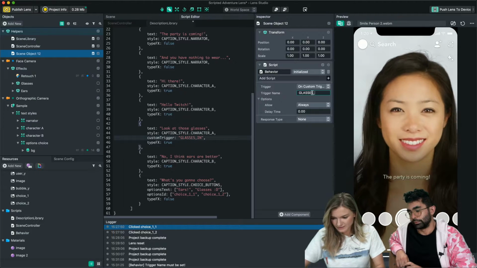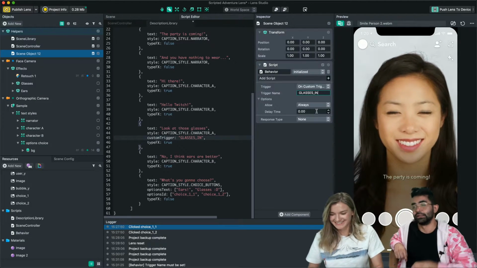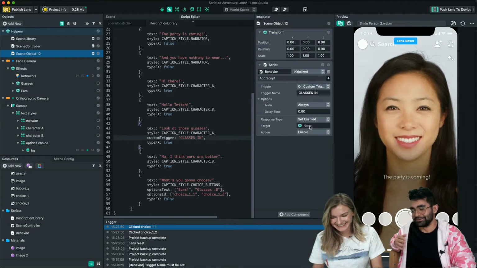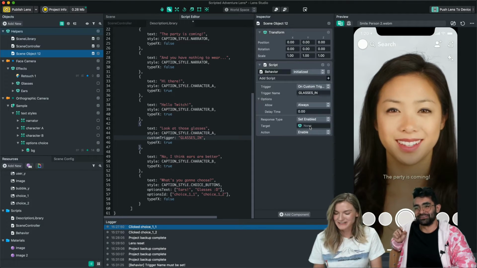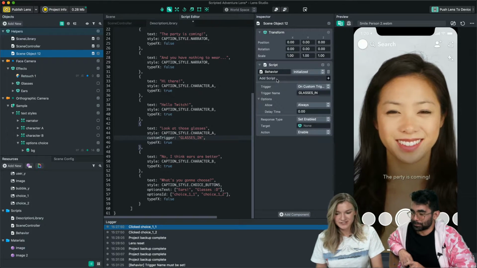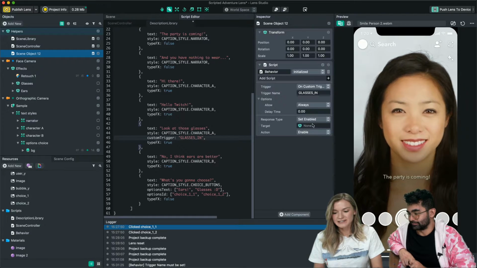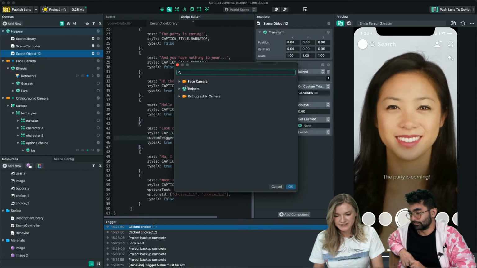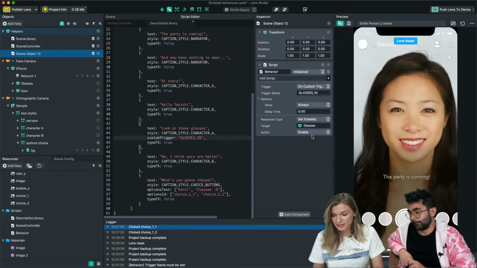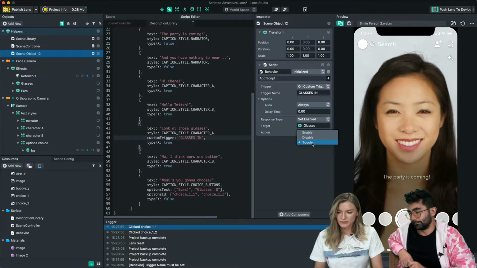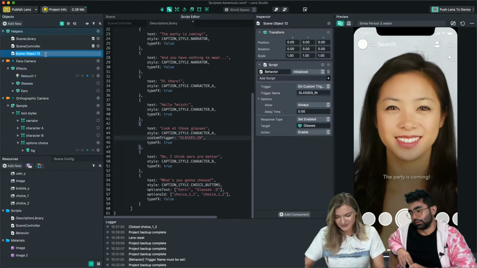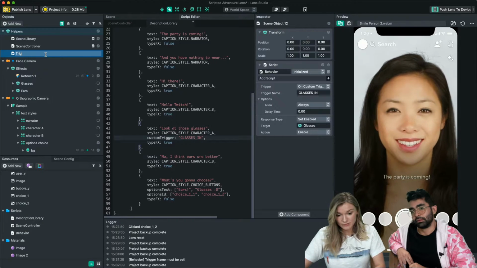glasses in. Yeah, you don't need to have those quotation marks here. And I recommend you copy and paste it, because people ask me why this is not working, and it's because the custom trigger name is not the same as in the script. Now we just tell behavior script that the response to this trigger is going to be set enabled on some target. For us, it's our scene object of glasses. And for the action, you can choose between enable, disable, or toggle between those two. We just want to make them appear, so enable. And let's call this object triggers